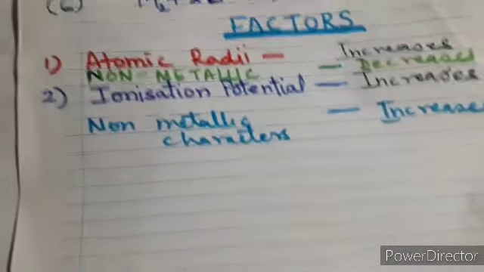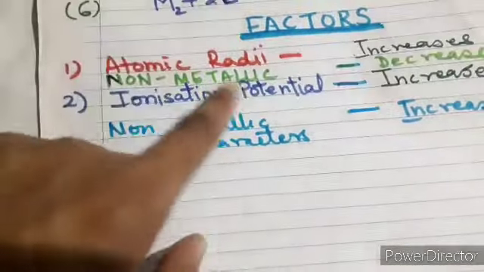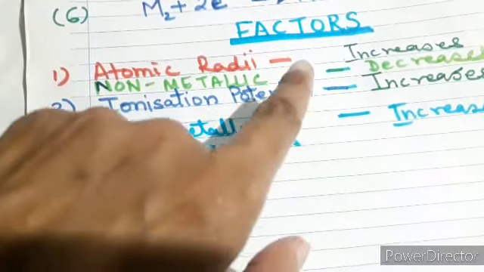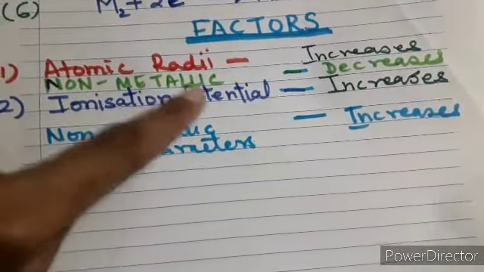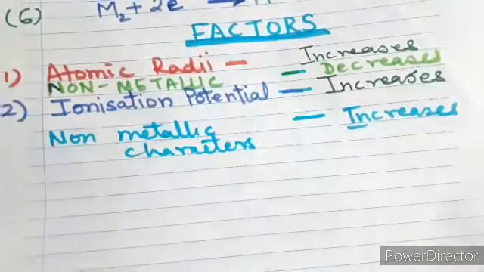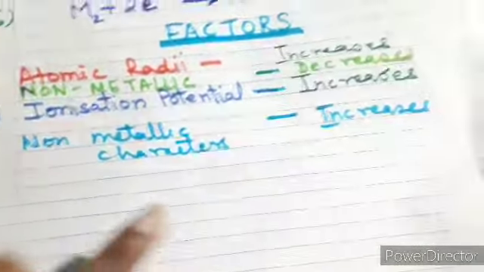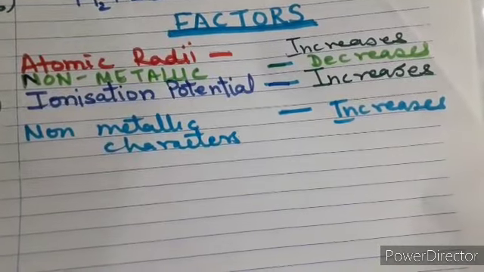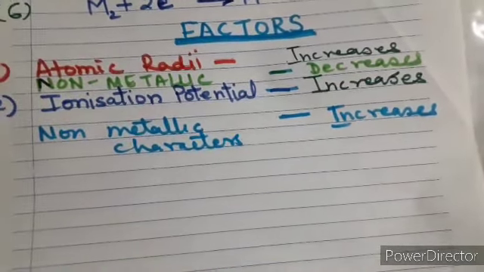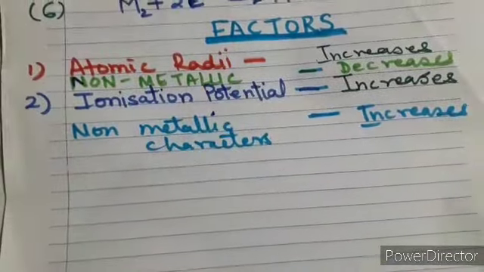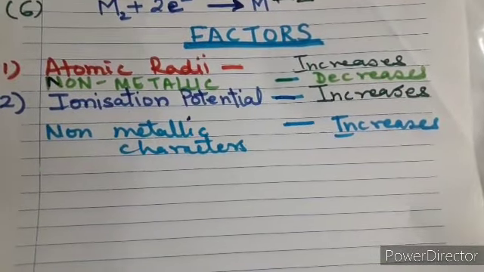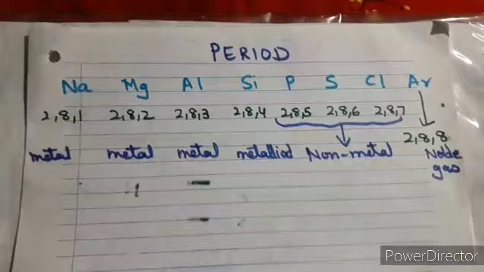Now in your notes please write down non-metallic character over here, because my space was less, so I have not written the word character. So you can write down non-metallic character. So once again it's been clear to you all. Now we'll focus on how these factors are very helpful, and they tell us the trend of this particular property in groups and periods. We'll see that.